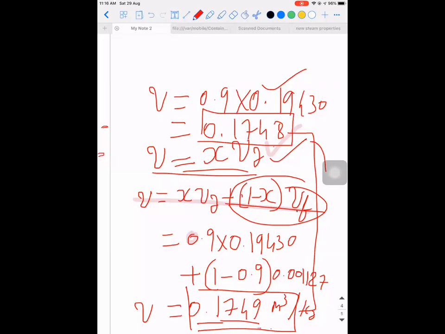This is how you are going to solve this problem using your steam tables for a condition of steam with the state properties of 10 bar and dryness fraction 0.9. Let us do the same thing with the steam Mollier chart. Try to do it with the Mollier chart, sir. And here I am going to have.